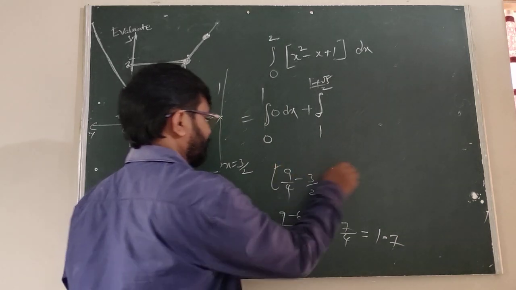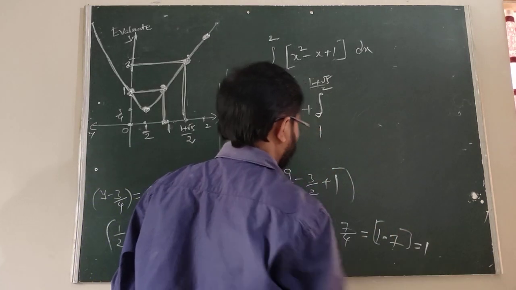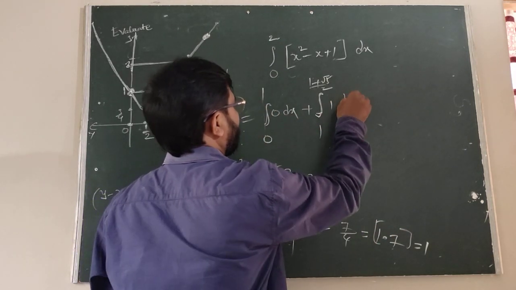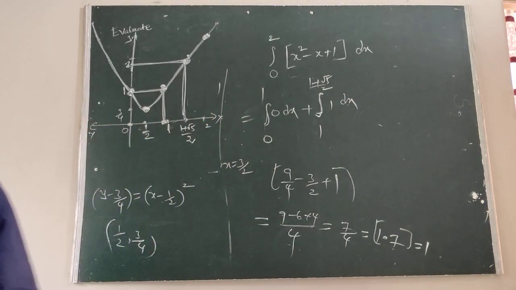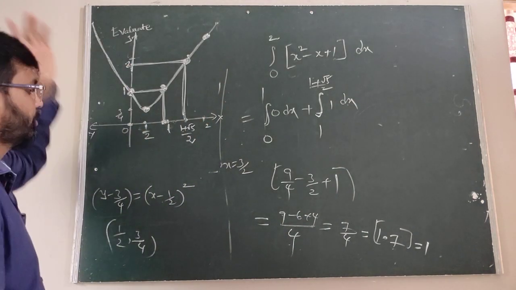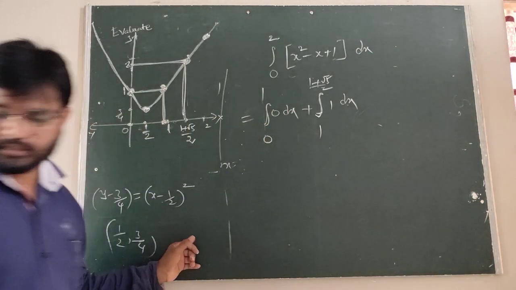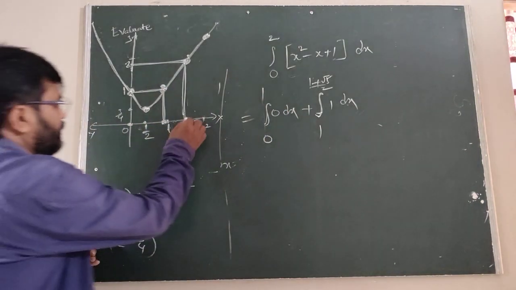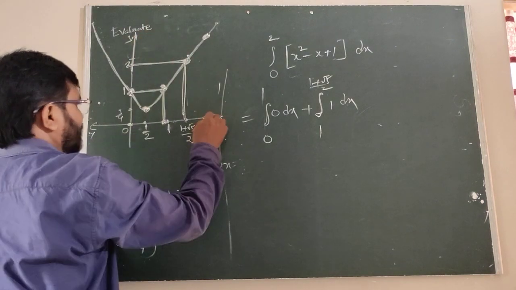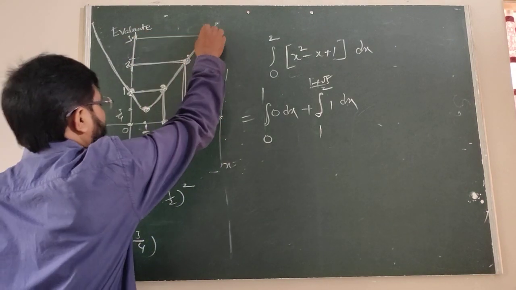The step of 1.7 must be 1. That is 1 dx. Directly you can observe here, undoubtedly 1 dx. Then when we are taking the limits in between the region, exactly 2, we got the 3.